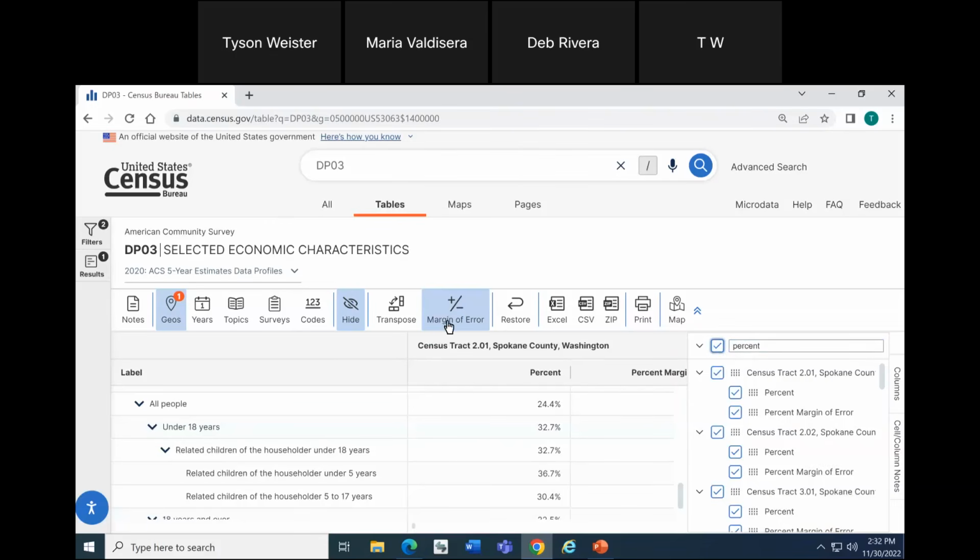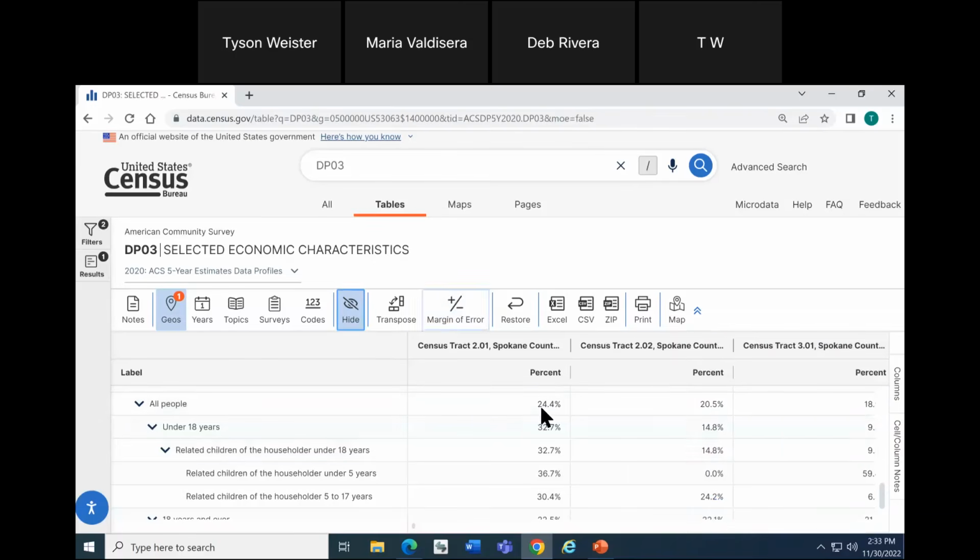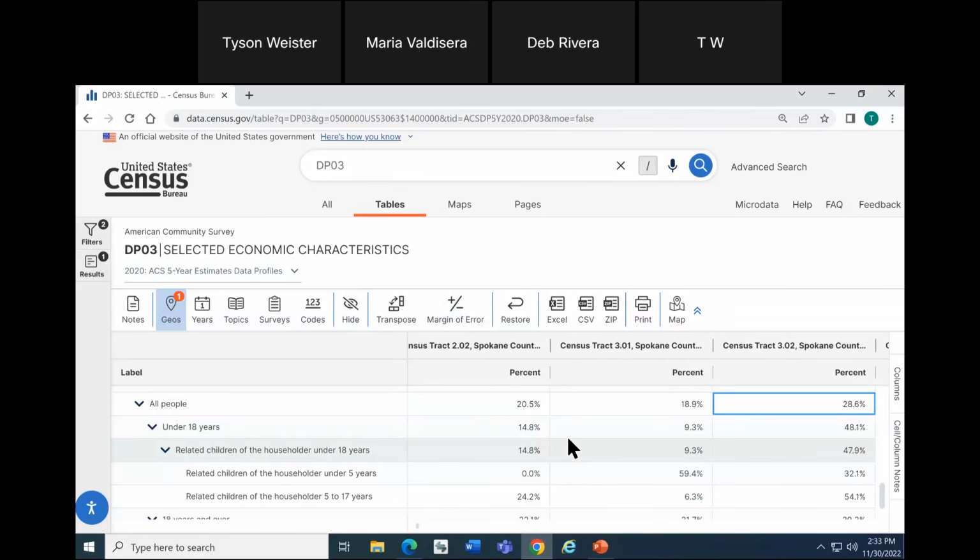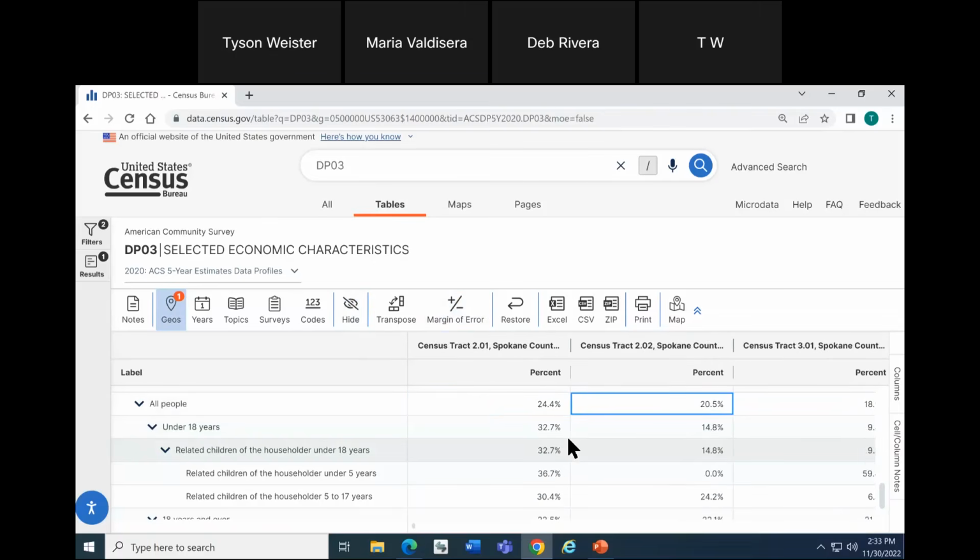And then from here, if you'd like to turn off the margin of error, there is a button at the very top of the table in order to turn that on and off. So here I've turned that off to hide the columns. I'm going to click the Hide button once again. That's going to remove this right-hand panel from my view, and you can see a nice clean list of looking at percent poverty across your geographies as you go through. If I were to click the Restore button, it would take me to the default table view from when I first visited the table, with my geography selection included.